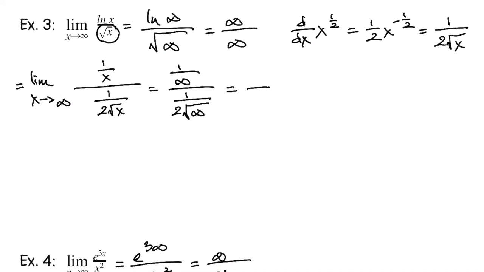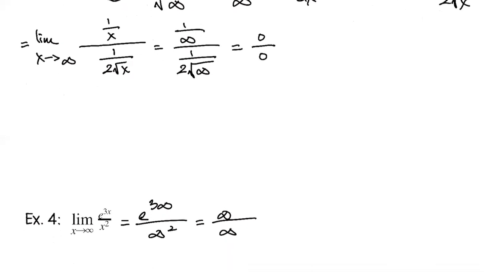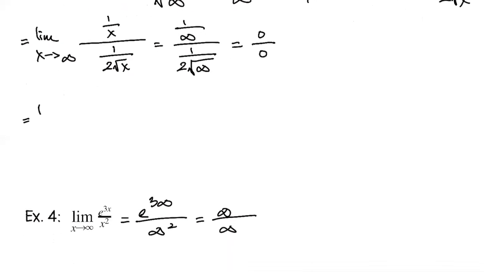1 over infinity, what does that go to? 0. Goes to 0. And what about 1 over 2 the square root of infinity? 0. Also 0. Okay, so like number 2, this is a case where we're going to have to use L'Hopital's more than one time. So let's take another derivative. Derivative of,